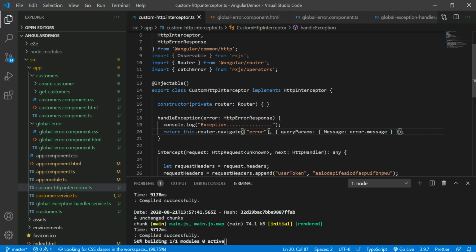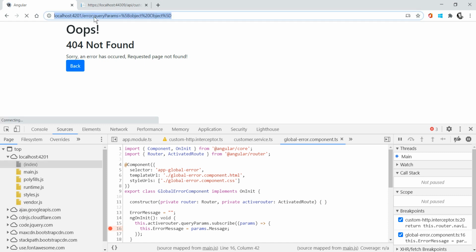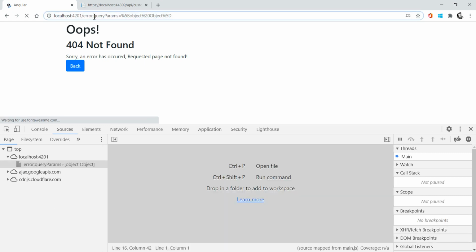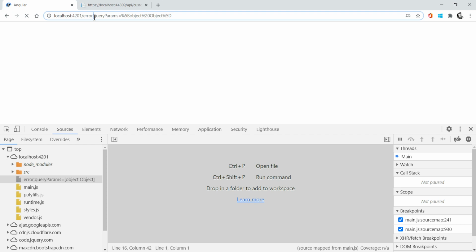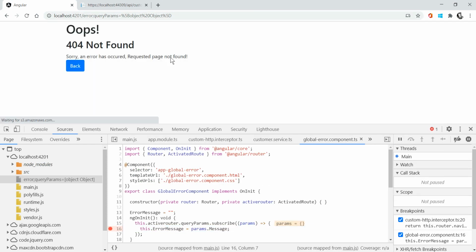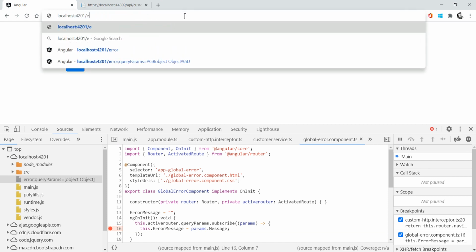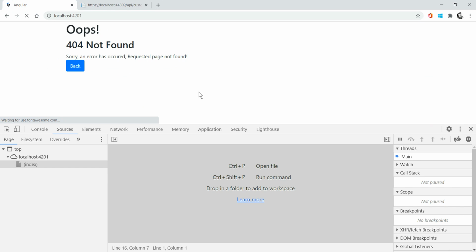So it should be an array, and the next parameter is the object. That's the reason it is not appended properly here. After the error, you can see that there is no AND operator, right? So for that, add it, and refresh again.